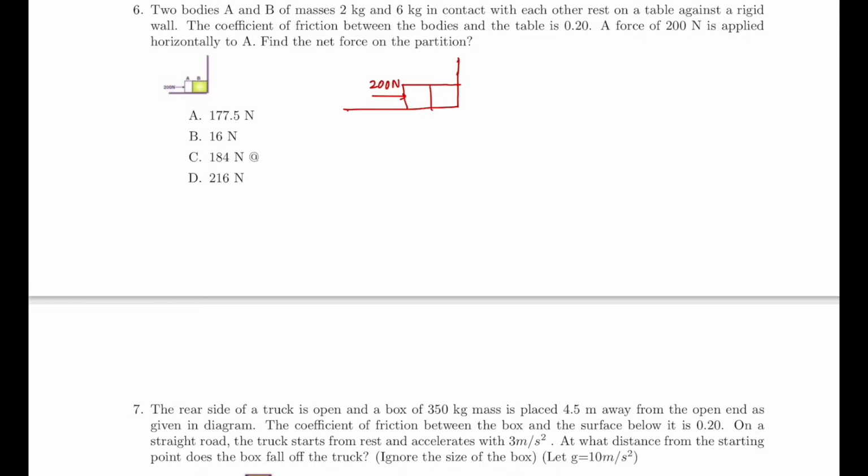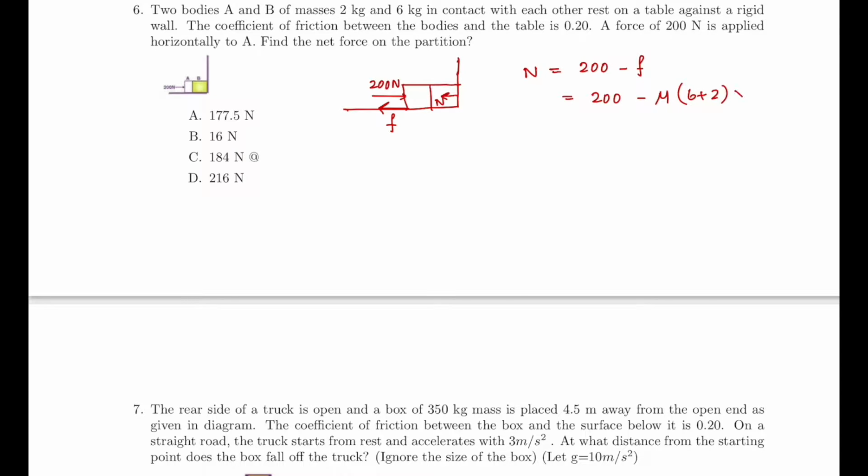So here the net force on the partition means the force that the wall exerts on the masses. Let it be represented by N, and there is a frictional force, which is a static friction because of the application of this 200 Newton force. Since there is no acceleration, N must be equal to 200 minus the frictional force, which is 200 minus mu times 6 plus 2